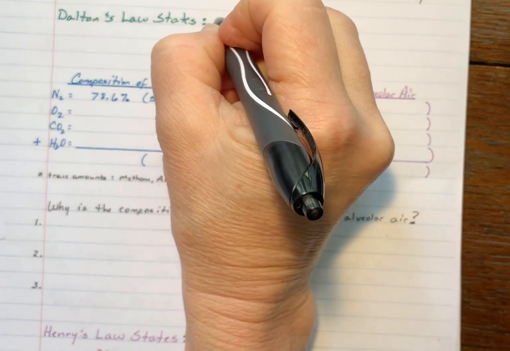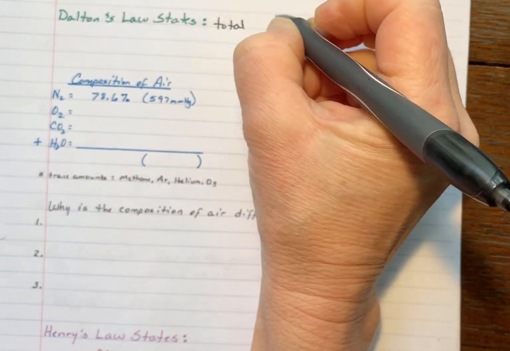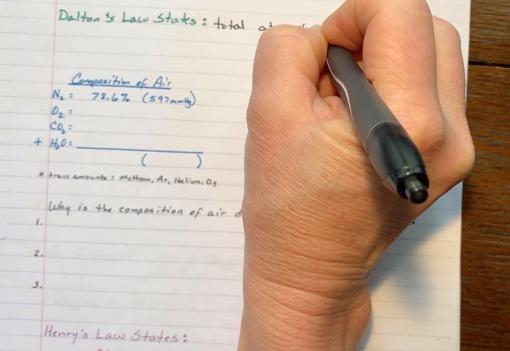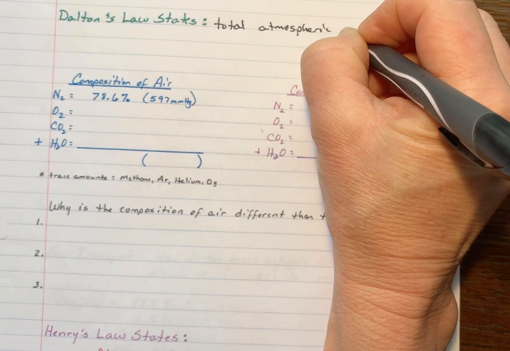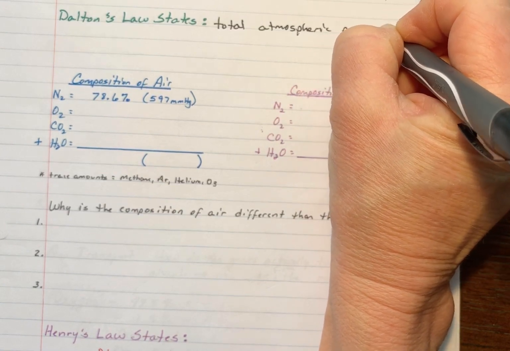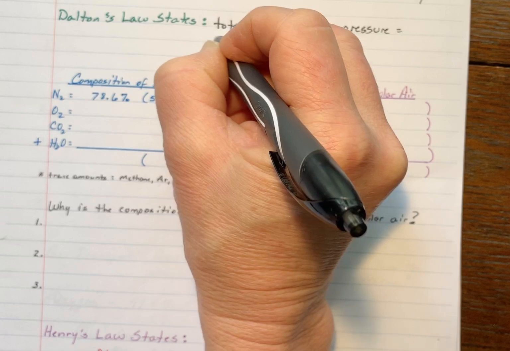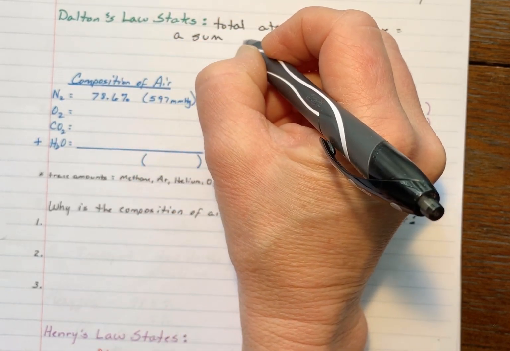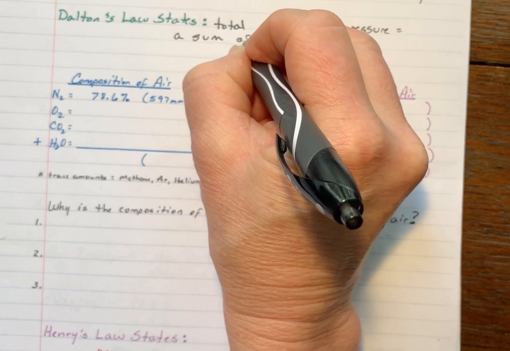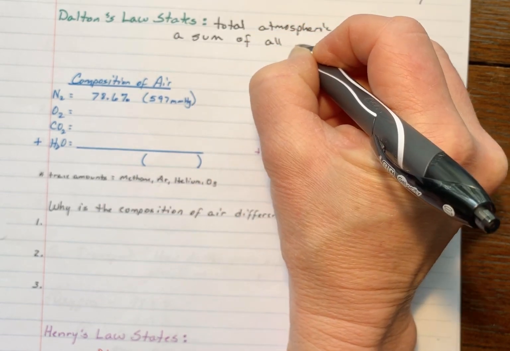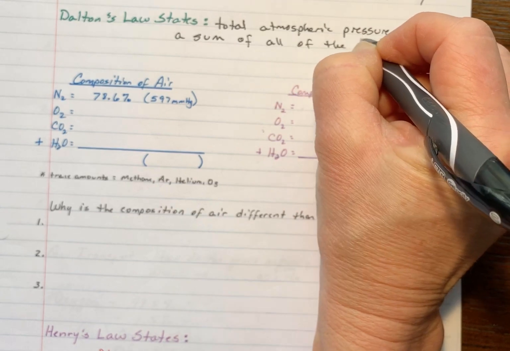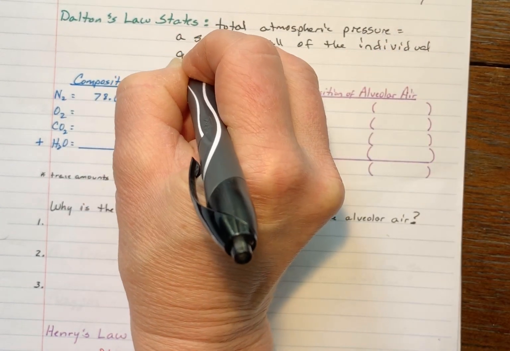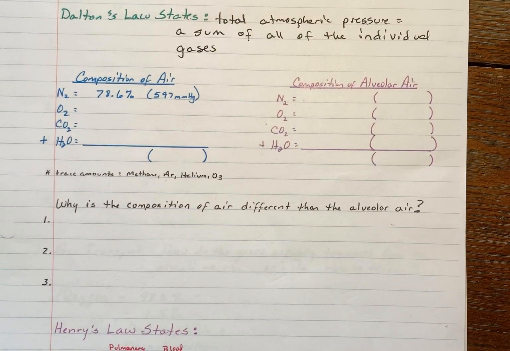So basically, it's the total atmospheric pressure equals a sum of all of the individual gases. So for example,